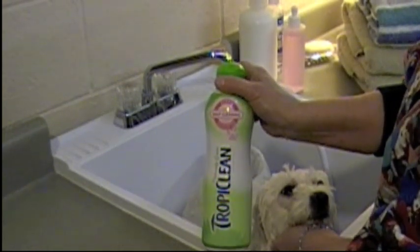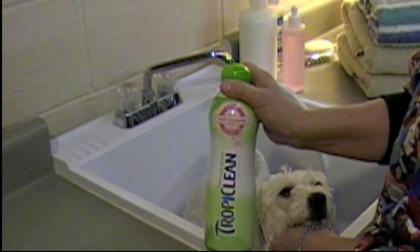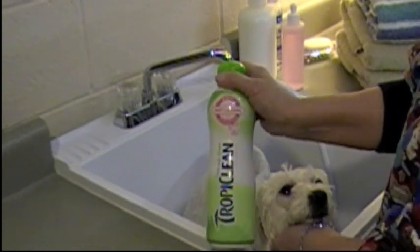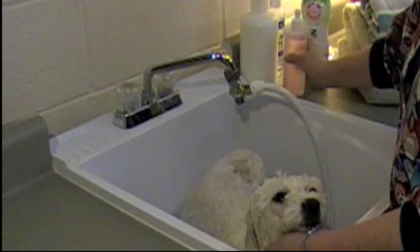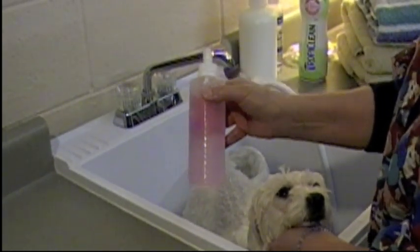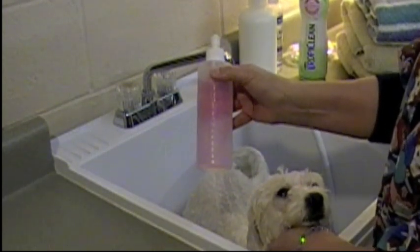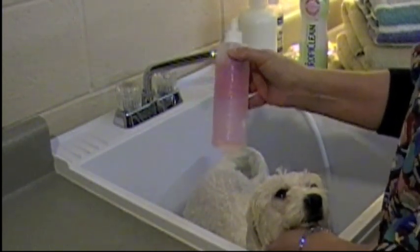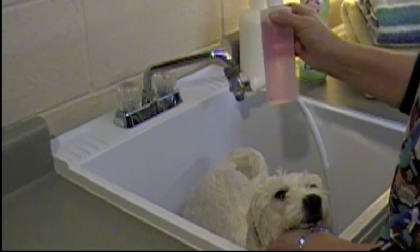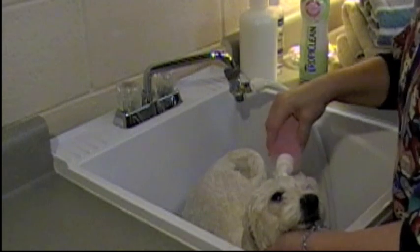I'm using Tropiclean, the deep cleaning berry shampoo. I like it. I can get it at the pet store. I also like BioGroom, which I get from Pet Edge. And I always take a mixing bottle and put about half of the shampoo in the bottle, and then the other half of the bottle I fill with just tap water. It thins it down. It makes it easier for me to move around her body, and I don't waste as much. I like to start with the head,